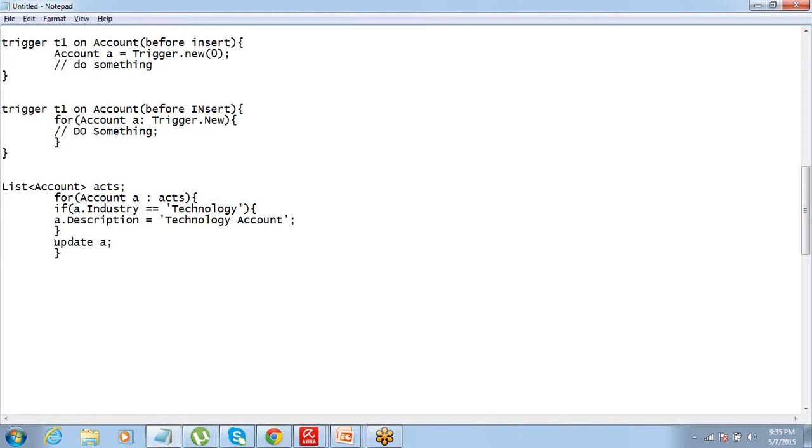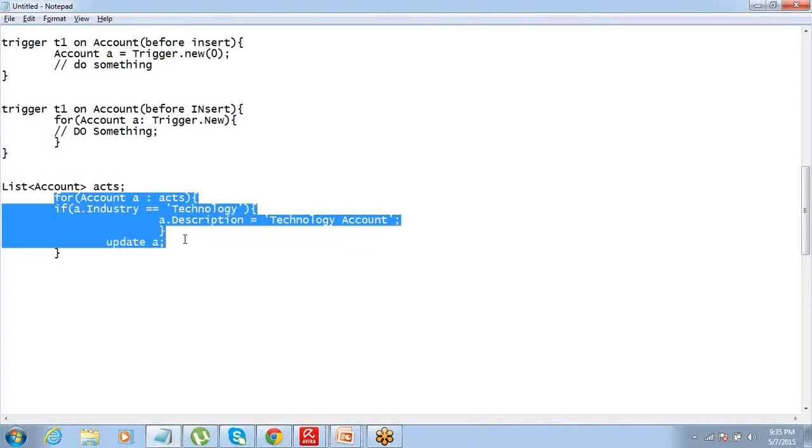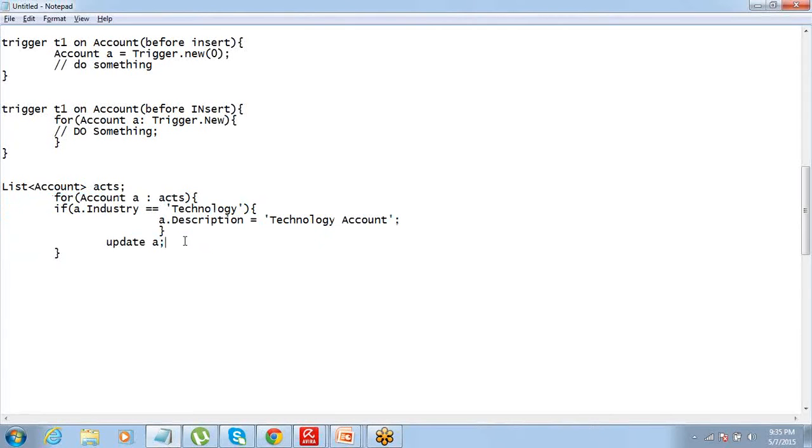Now what is happening here is the DML statement still lies inside my for loop, right? What will happen? The number of times my for loop runs, that many DML statements will get counted. Got it? So the chances are that you will easily hit the governor limit.